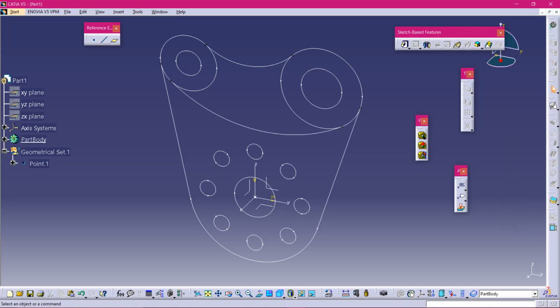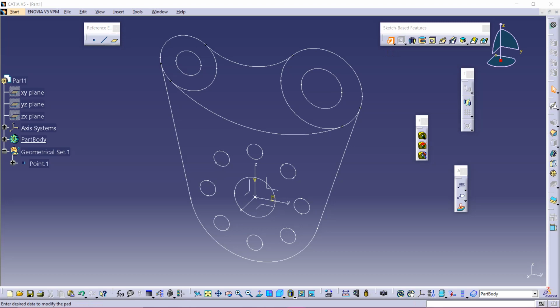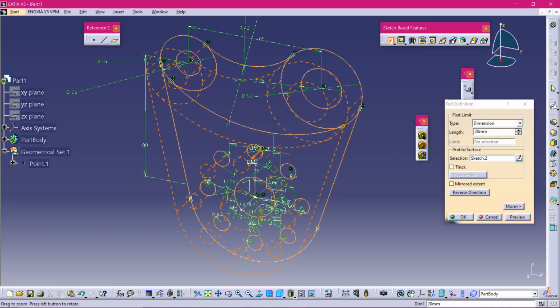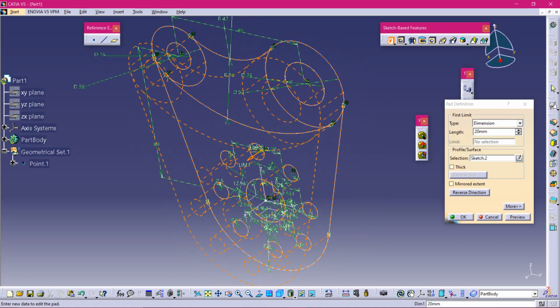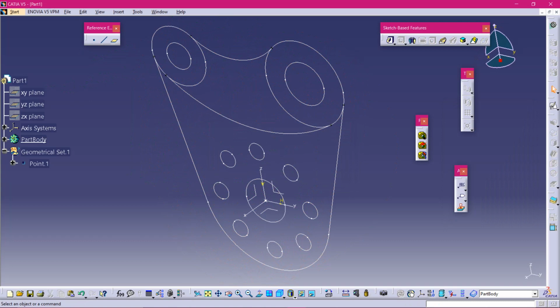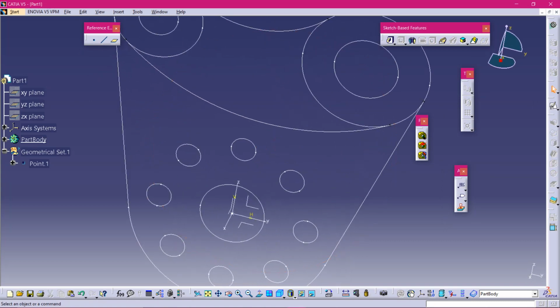I'll tell you why these are called sketch based features in the next video. It's an interesting story, nobody will tell you that. See, let's select the sketch. Use the profile, geometry, use construction. See this. Yeah, there are some intersections in the sketch. See, that's what I am saying.